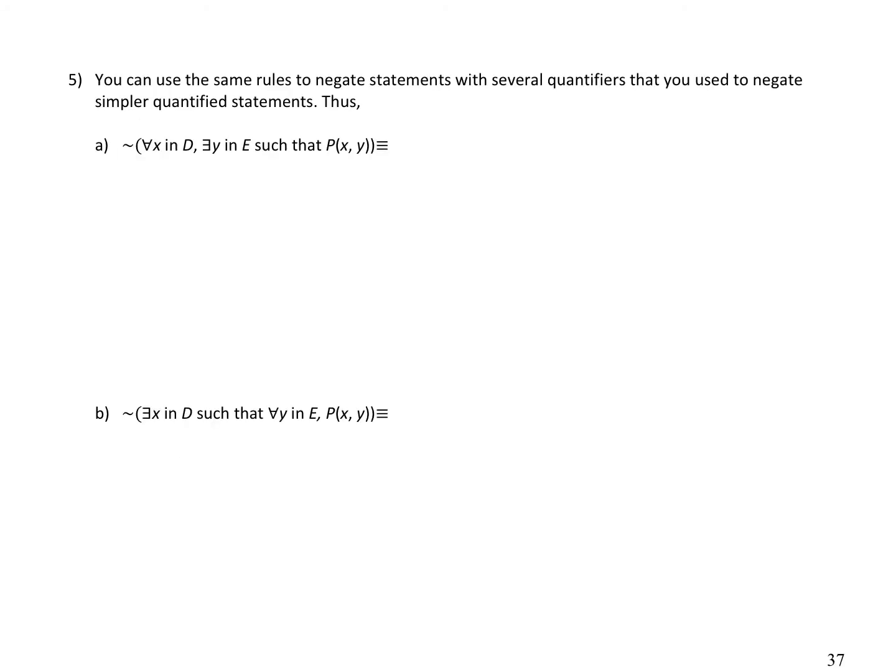You can use the same rules to negate statements with several quantifiers that you used to negate simpler quantified statements. So you already know all the rules, it's just applying them in more complicated ways. So if we want to negate "for all x in D, there exists a y in E such that P of xy," well, a for every statement becomes an existential. So we would say there exists an x in D such that not this. So just to apply the rule, I would say there exists an x in D such that not the rest